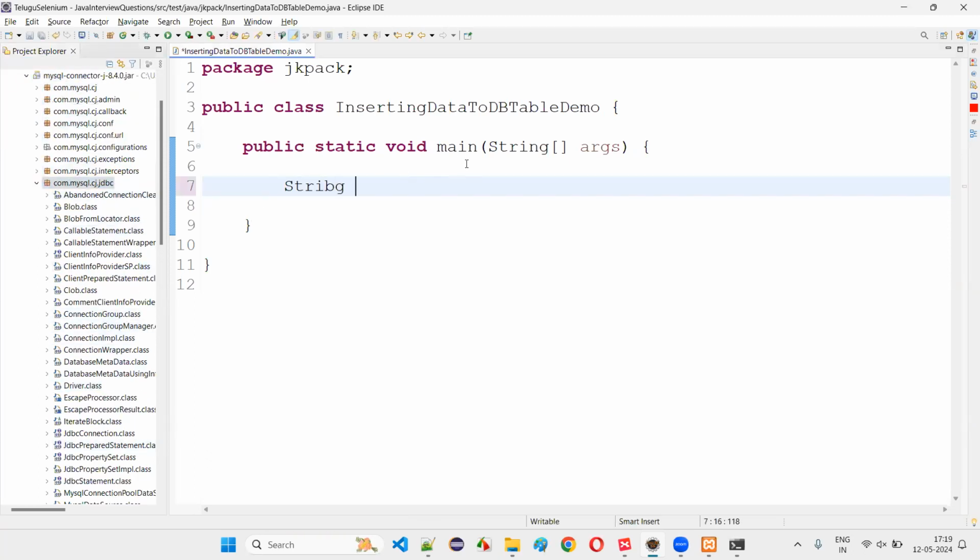First, you write down String. You have to give the DB path. How to give the DB path? To give the DB path, give the double quote, guys. And here mention jdbc:mysql: